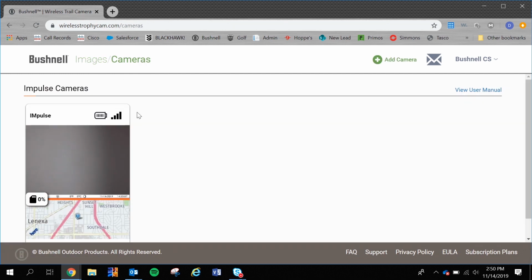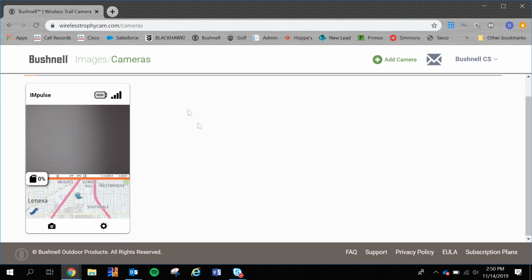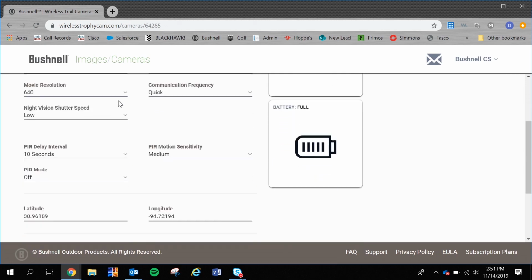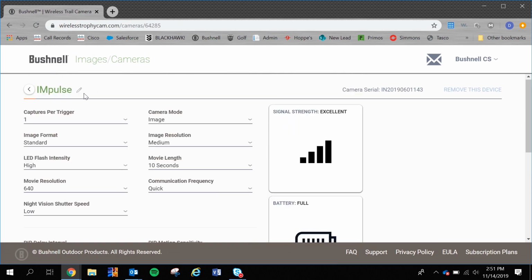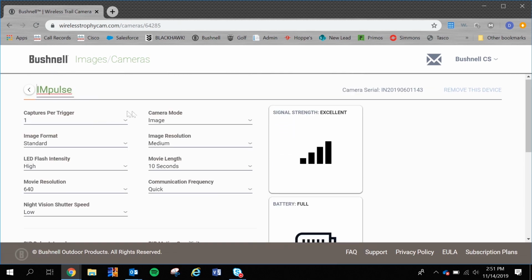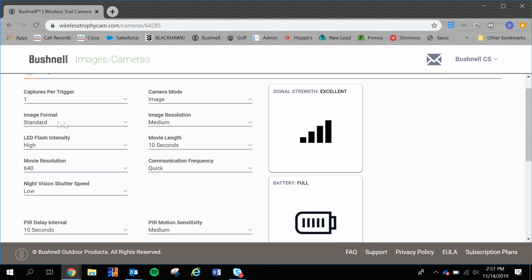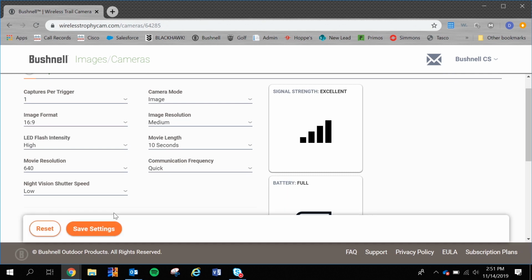Once you have the camera added to your account and you've gotten a successful test picture, this is where you can start adjusting the settings as you like. If you click on the gear icon, it brings up the camera settings. You can change things like the name of the camera, the captures per trigger, which is whenever something moves in front of it, how many pictures you want it to take, and the image format, which is standard or 16:9 widescreen,